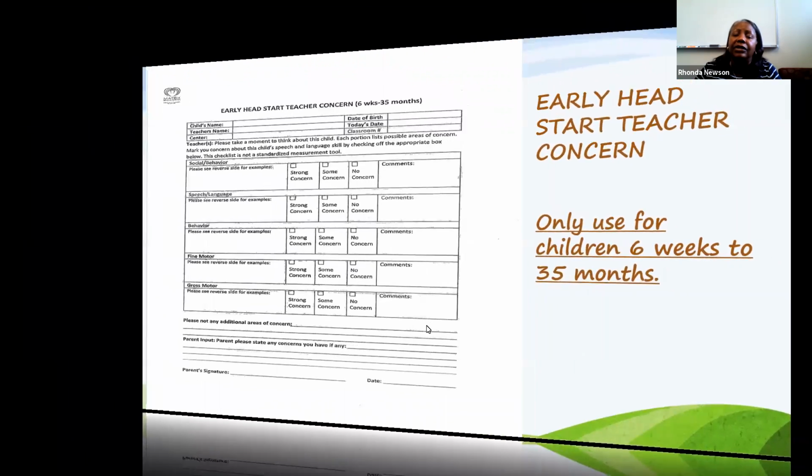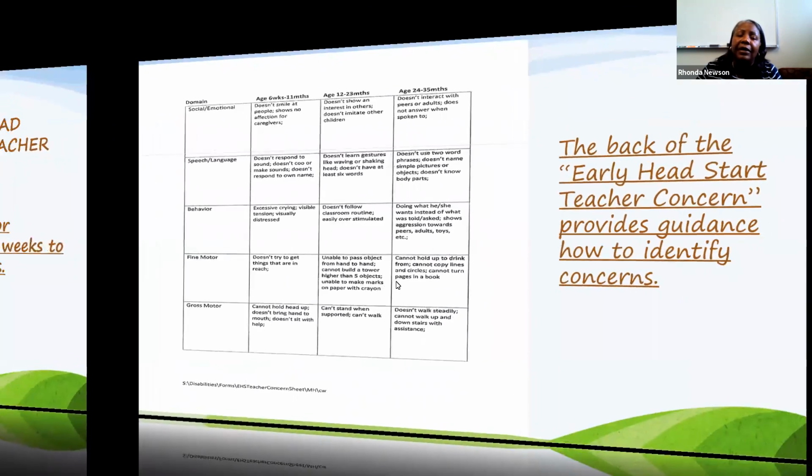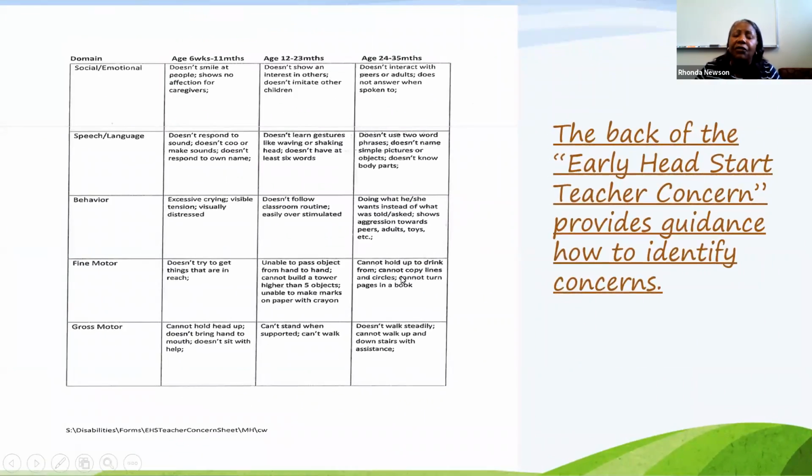On the back of this teacher concern is a guide. Now, if you're not sure if you're filling it out right or if you're observing the right thing for the right age group, this is a guide that has the 5 domains per age group, and it will tell you what the child should be doing but isn't.